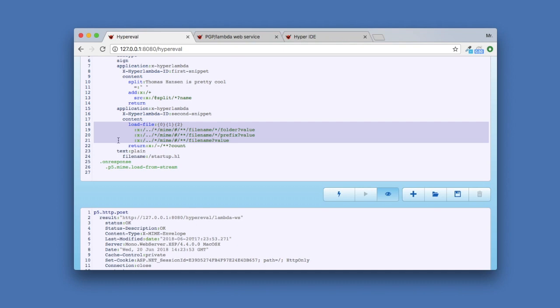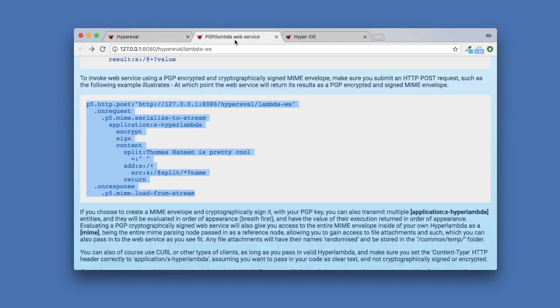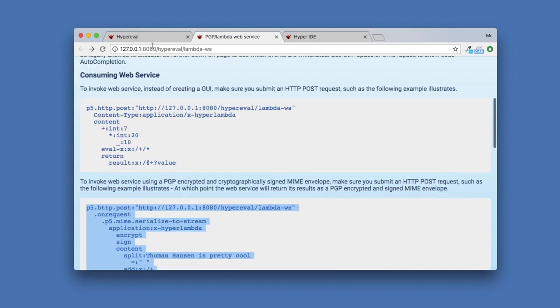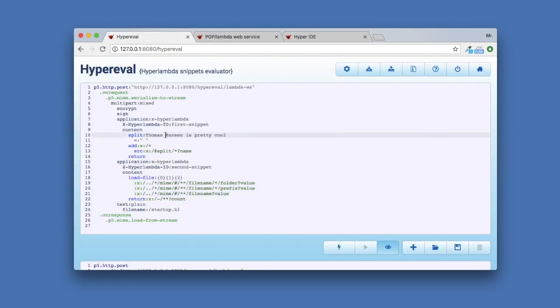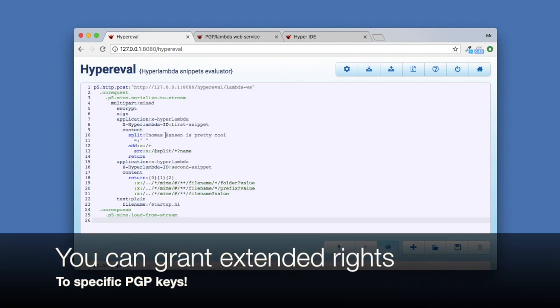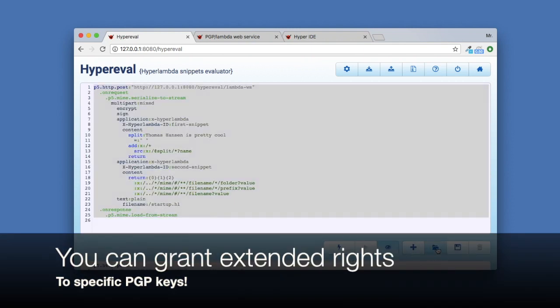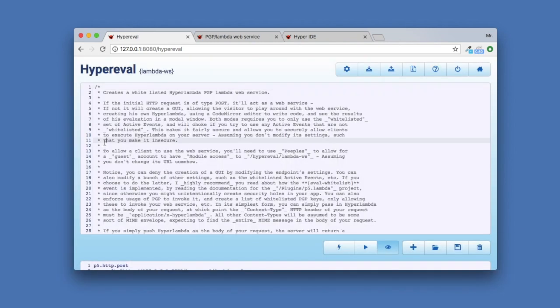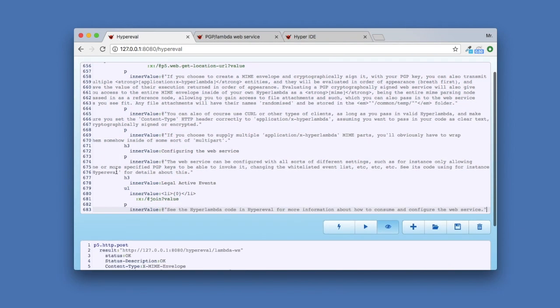So, and it allows for, let's find, just, oops. It allows me to also, if you see